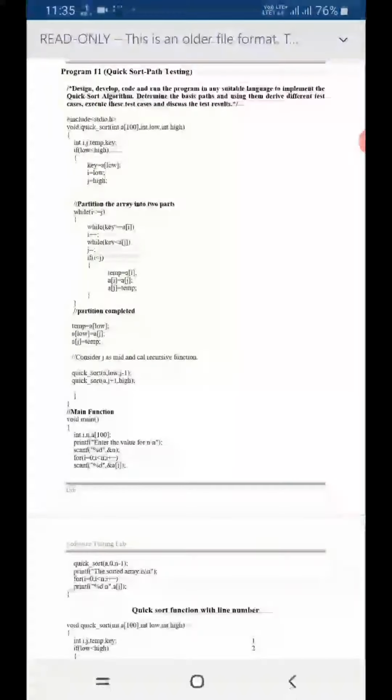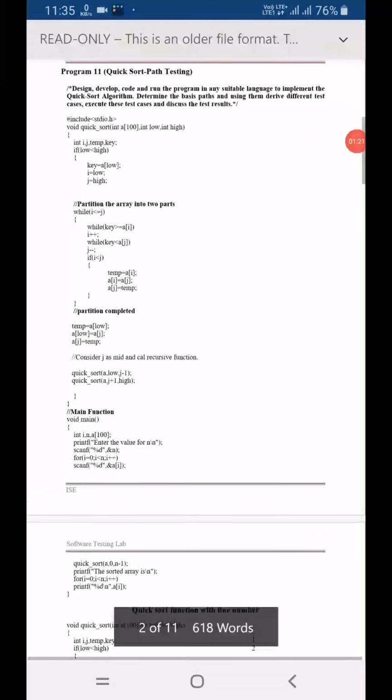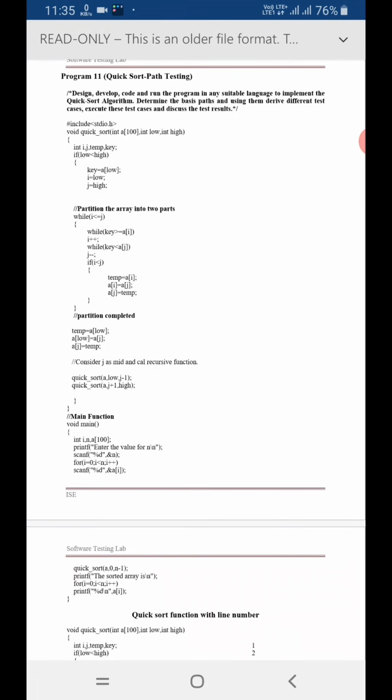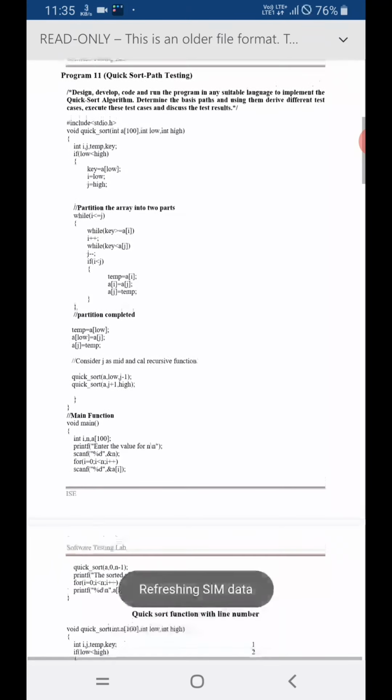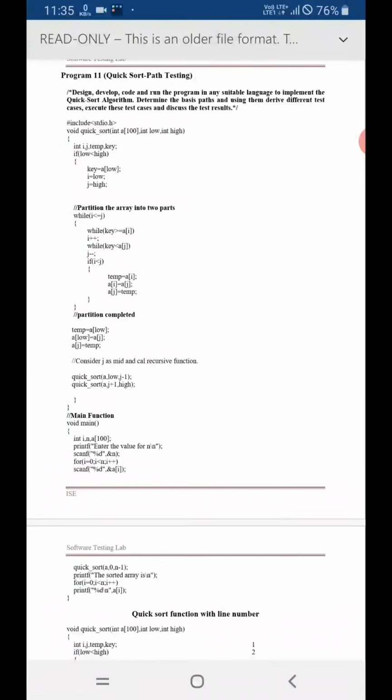The problem is divided into small sub-problems. We solve the small sub-problems, then we get a solution for the large problem. This is the logic of divide and conquer. Merge sort as well as quick sort work on this logic.